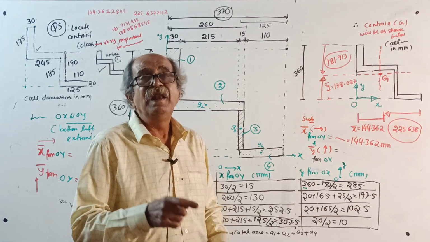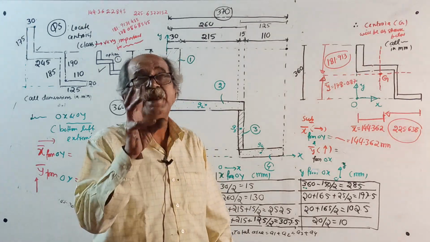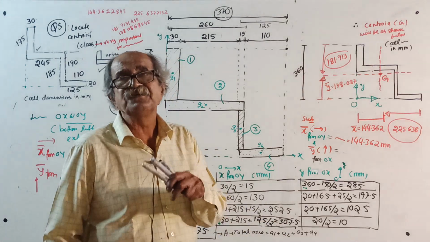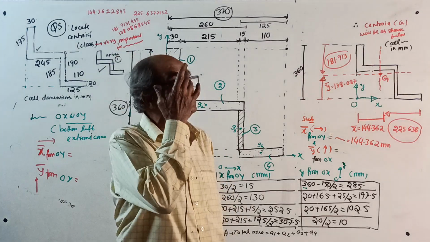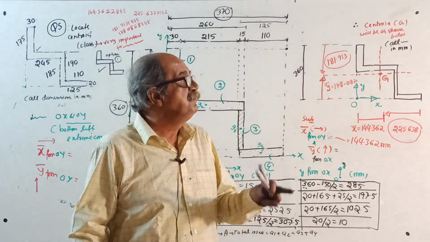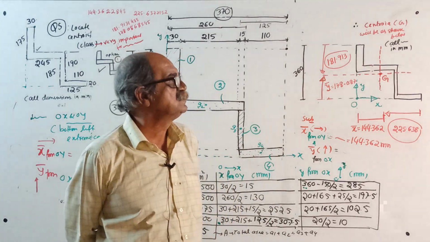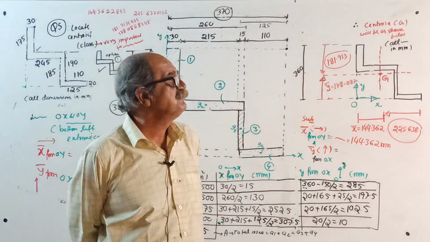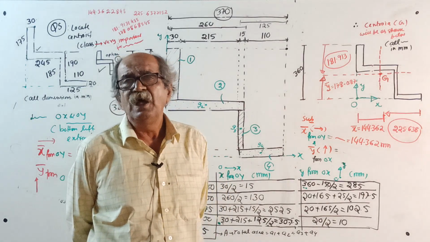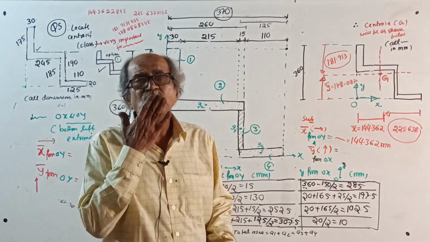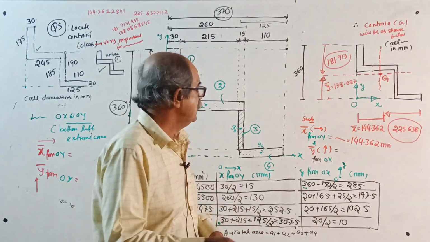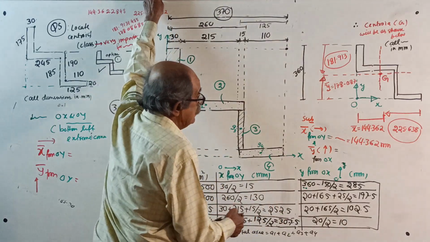Unless a negative term comes, when a removed area is there, I will tell it in the class. Till I finish this chapter, if negatives are not coming, you should do it yourself. For 2 areas, it means A1 X1 plus A2 X2, and A1 Y1 plus A2 Y2. If 5 are there, A1 X1, A2 X2 and so on. Unless negatives are there, I won't talk. They will say, okay sir, no problem. Now calculate Y bar, it will come